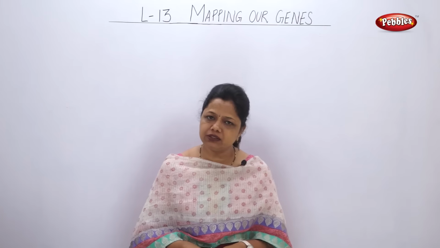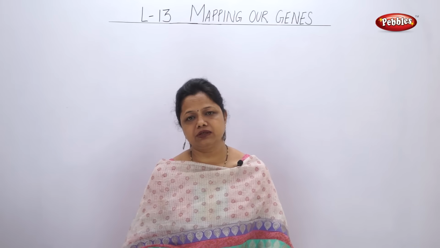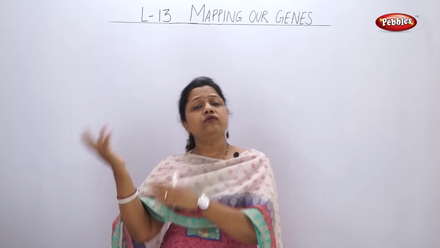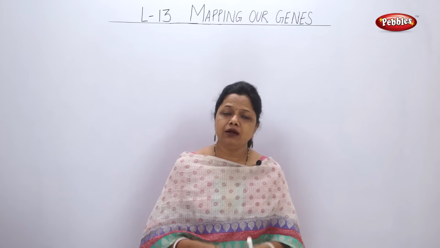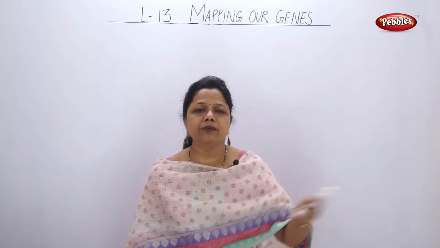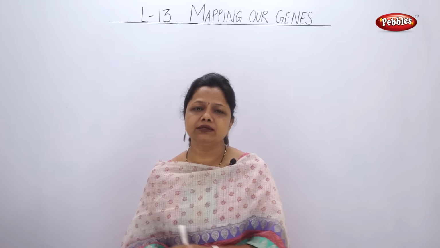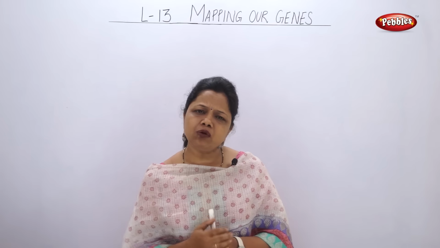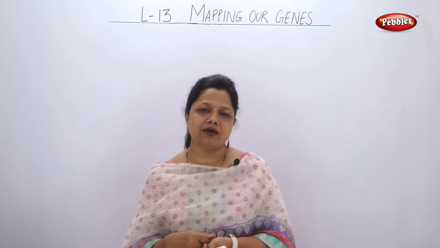Obviously, my generation also will pass on these variations to the next generation. The next generation, when it is formed, will have its own variations. So many times you must have seen a child does not look like the parents, but looks more like the grandparents. Many times it happens, if a child has blue eyes, then we suddenly remember that the parents don't have blue eyes. Then what do we say? We say maybe the grandparents have.